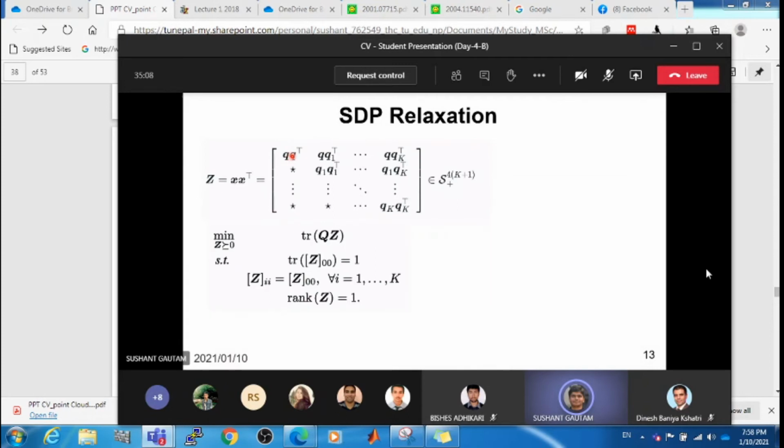This is the sum of elements of the main diagonal of the matrix. This will give the sum of squares of the components of the unit quaternion, if you remember from the last slide. So this is 1, there is no doubt. Now look at the second constraint. Remember theta squared from the last slide.